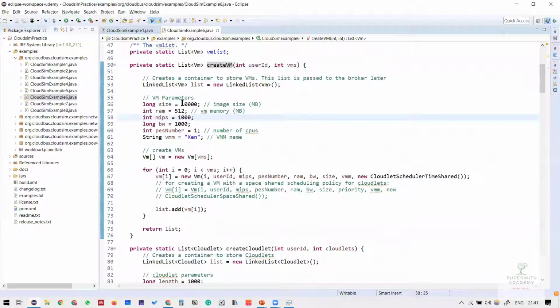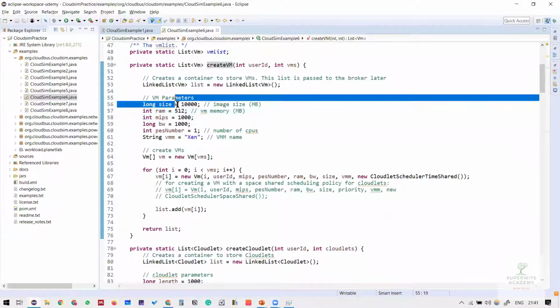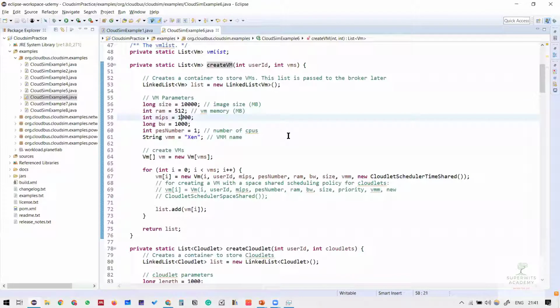So here, as we are talking about the CPU's part, what I can consider is the MIPS speed, which right now is 1,000. I can reduce it to 500, I can increase it to 2,000, whatever number of MIPS I want to have. So let's decrease it to 500 so that more virtual machines can be created.